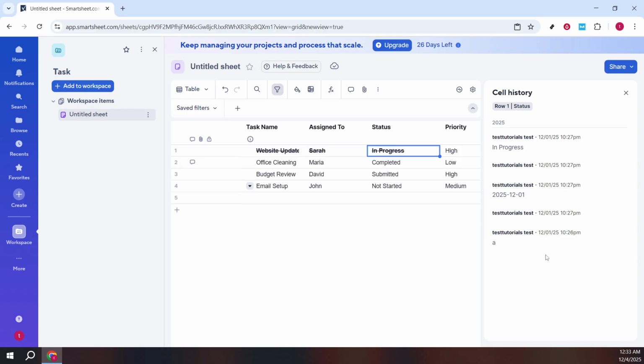Take a moment to read through the history. You can scroll to see older entries, and you'll notice that each line gives you enough detail to understand the progression. If you need to revert, a simple approach is to copy the value from the history and paste it